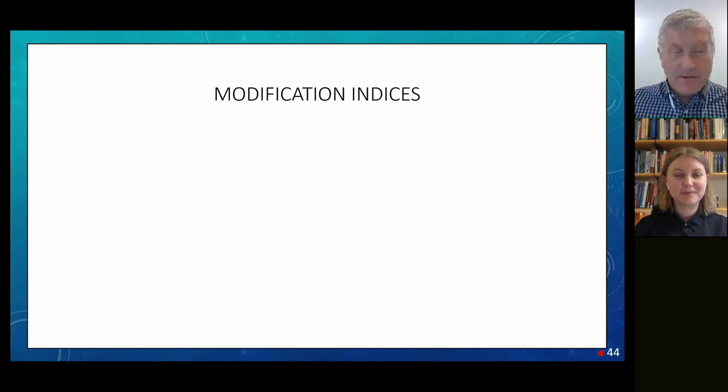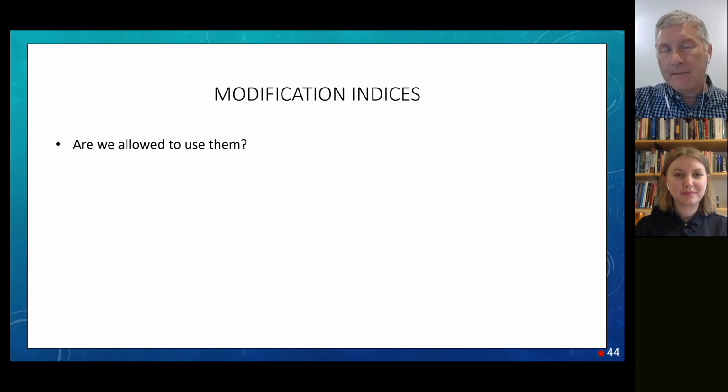The challenge is it might make no sense whatsoever. Structural equation modeling is intended to be a fairly confirmatory framework, where you come to the table with the theory. So modification indices in many respects are for when you've said, yeah, that didn't work out so well, what do you got for me? Then maybe you treat this as something informative for the next stage of your research, learning from what you've done. So modification indices, are we allowed to use them? Yes, as long as you have a very good theoretical filter operating. How do we use them? Well, we'll see that in the context of an example coming up.